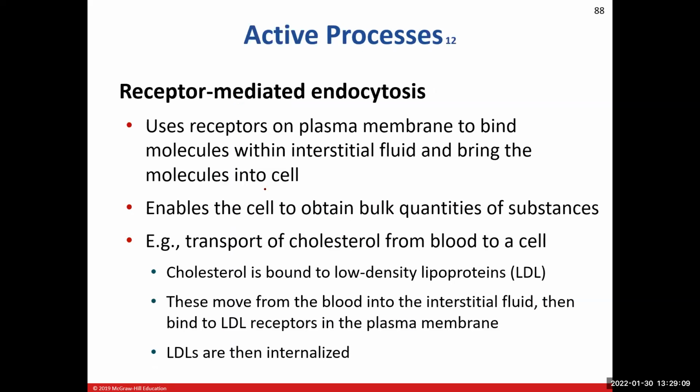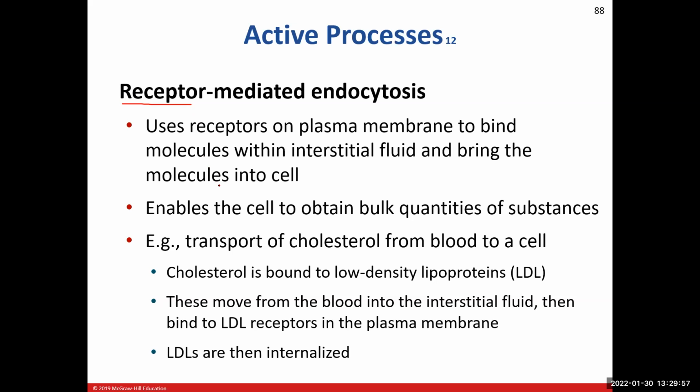And then our last form here of the vesicular mediated active processes is receptor mediated endocytosis, right? So of course, when you see the term receptor, we're going to utilize receptors on the plasma membrane. The plasma membrane has all these various receptors on the outside of the cell, and some sort of molecule will bind onto those receptors. And then the cell will absorb that part of the plasma membrane, receptors and all, and everything that's bound onto those receptors, and it will actually create its own